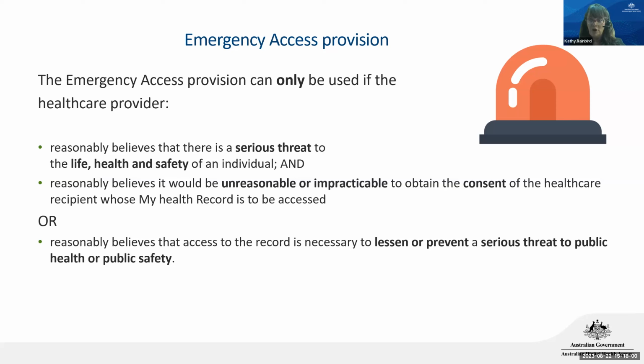There's either put the code in, or I don't have the code, emergency, I need emergency access. And these are the specific instances where it is permitted to access using that emergency access provision. So it's when you, as a healthcare provider, reasonably believe that there's a serious threat to the life, health, and safety of the individual, and it's unreasonable or impractical to obtain consent of the patient to be able to actually get their access code and get